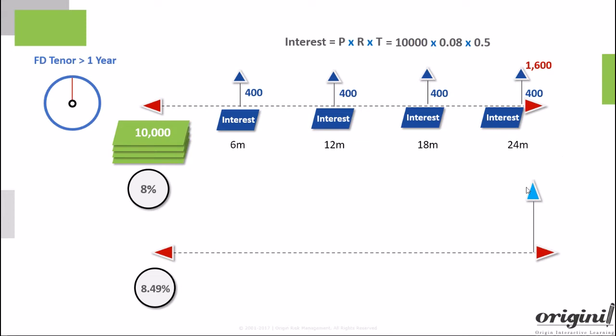However, if we choose to get all the interest payment at the end of 2 years, then the interest rate is 8.493%. Thus, the interest amount would be P of 10,000, R of 8.493 divided by 100, and T of 2 years, and that gives us the interest amount of 1,698.60. Thus, it is giving additional interest of 98.60 compared to the deposit where we get the interest paid every